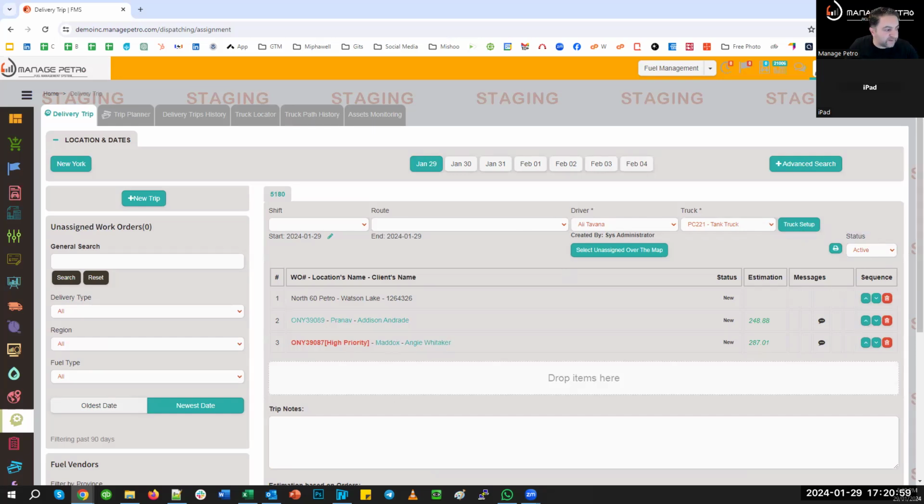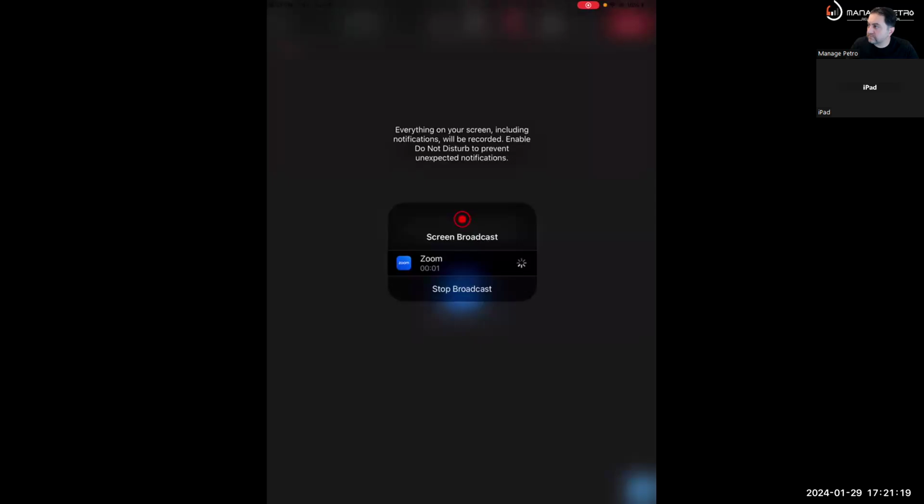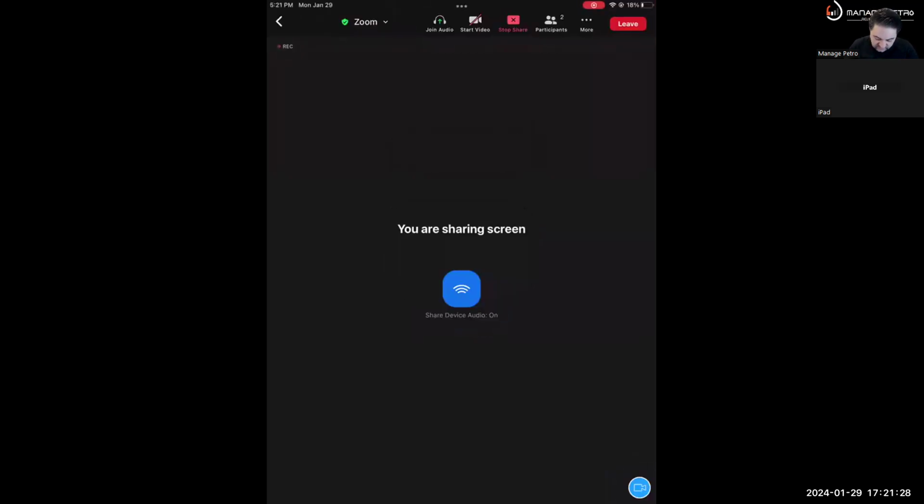I'm gonna stop the sharing here and share the mobile app screen. Zoom, share content, screen. Start broadcasting. Okay, here we go. Now we have the iPad screen, which I'm gonna go to the mobile app,